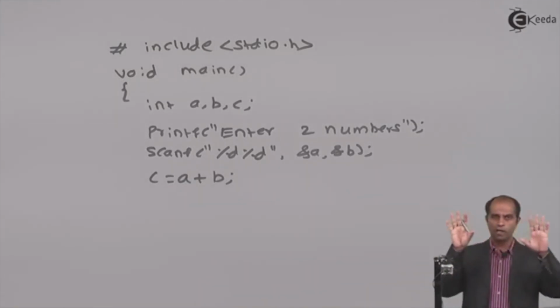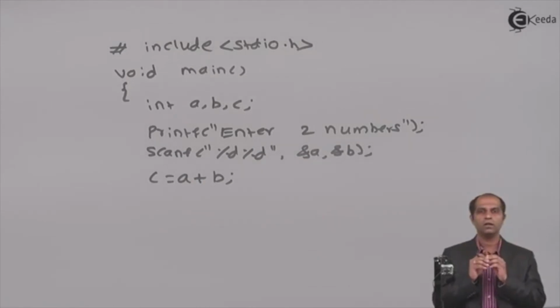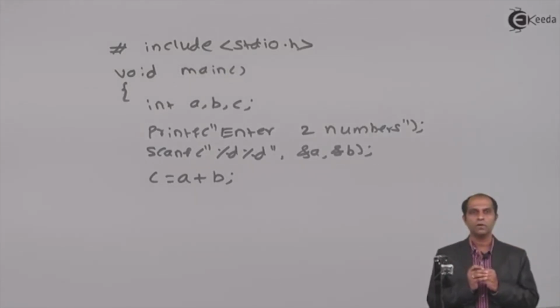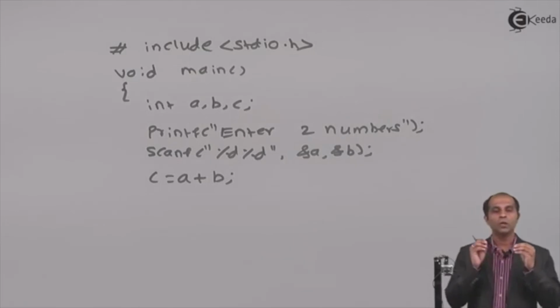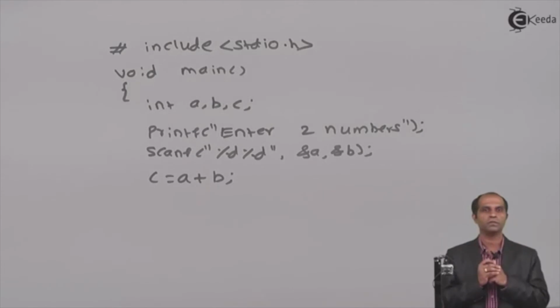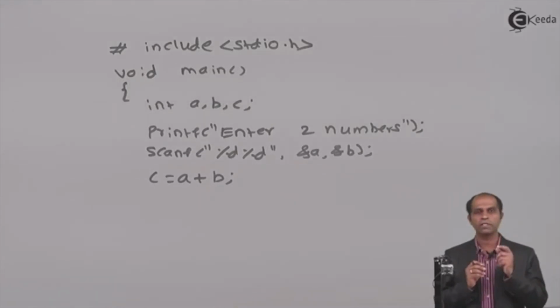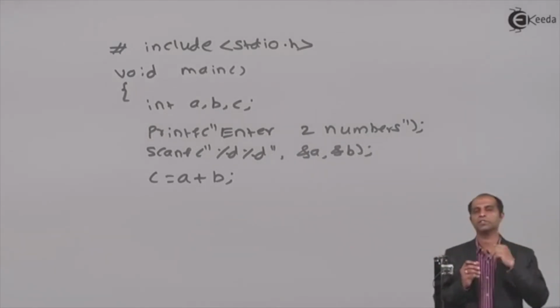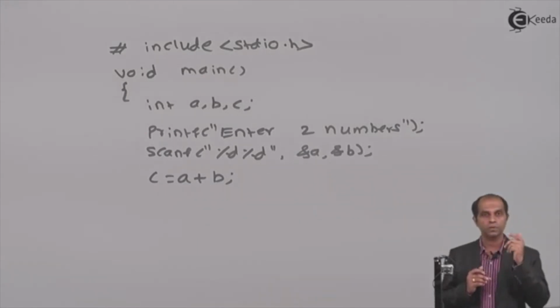There will be some number which will be flashed on the output screen, say 12. If 12 is flashed on the screen, how do I get to know that this is actually representing the sum of two numbers? If you are a programmer and you are a user, you will very much be aware that the result which is displayed represents the sum of two numbers. But in this case, we will say that the sum of two numbers had to be displayed with some message. Otherwise, I might think that this is your lucky number or my lucky number which is displayed on the screen, which is not true. So let's display this with a proper message.